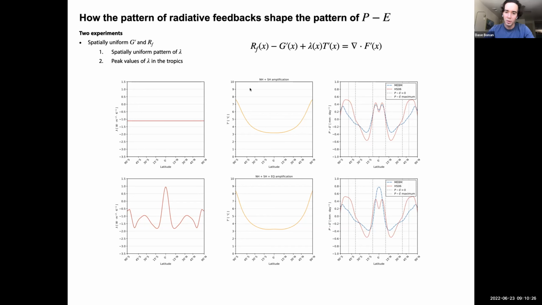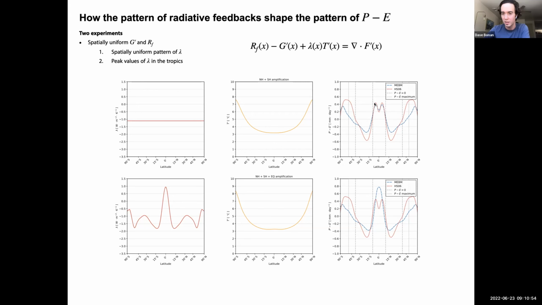When you run this, you actually get very similar patterns of warming. You get equal degrees of polar amplification in both hemispheres, and despite having a completely different feedback pattern, you get a very similar temperature pattern response, with maybe a little bit more muted or amplified warming on the equator. But when you look at the P-E responses over here on the right, you see that they changed quite a lot. In the uniform pattern of feedbacks, you get a similar response between the Held and Soden